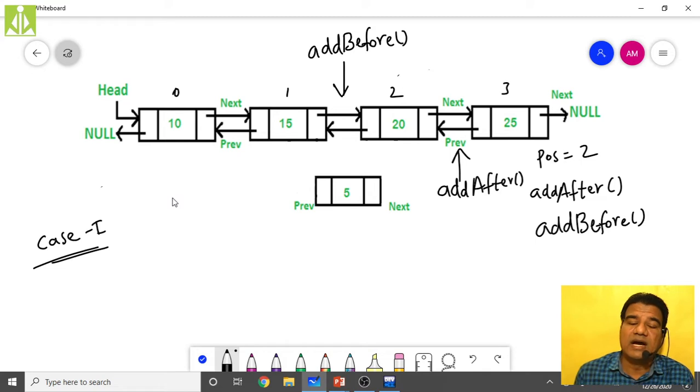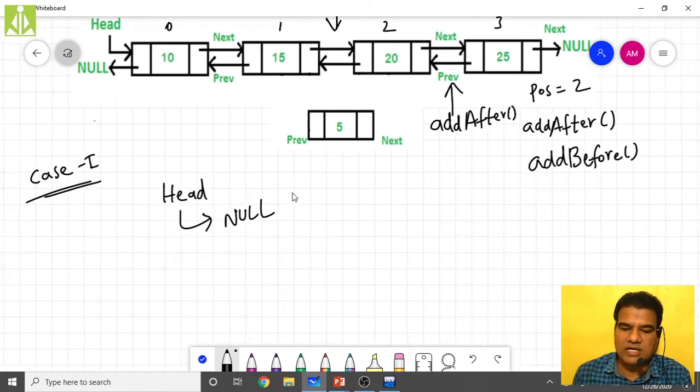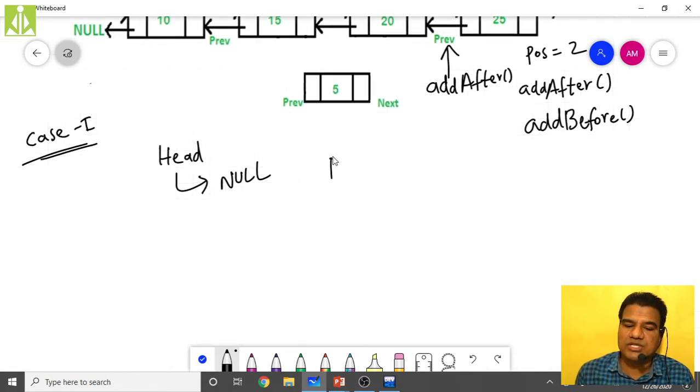So how do we indicate that the list is empty? Your head pointer will become null, isn't it? What will give you the emptiness? Your head pointer, it is going to point to null. So if this is your case, do we have any nodes in our doubly linked list? No, we don't have any nodes. So now in such a doubly linked list, I am giving the position value as 3 and a new data value as, let us say, 15.